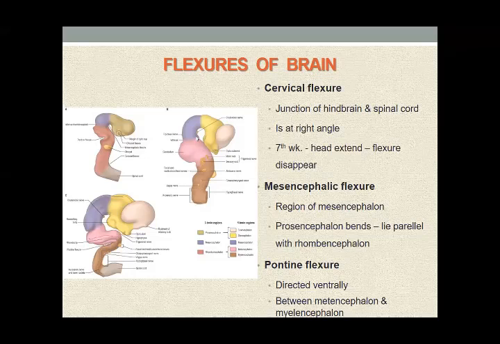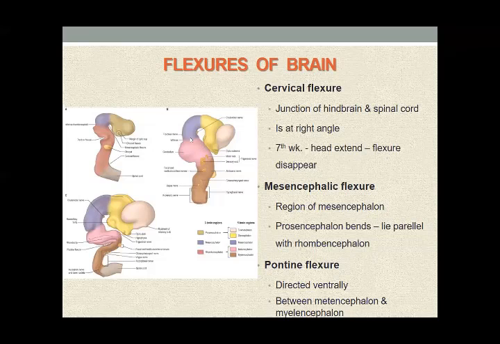A bend is produced in this region, which is called mesencephalic flexure. This bend, why is it produced? Because the neural tube bends. When the neural tube bends, this forebrain, also called prosencephalon, bends forwards and comes to lie parallel to this